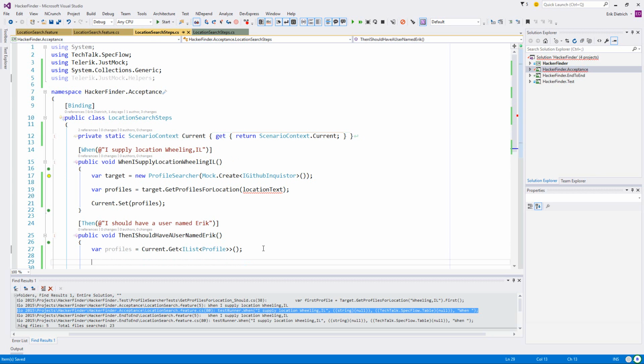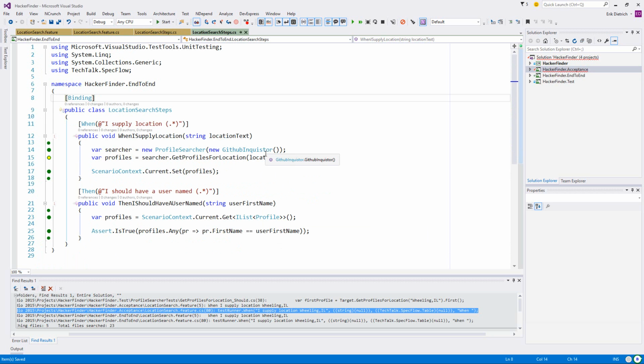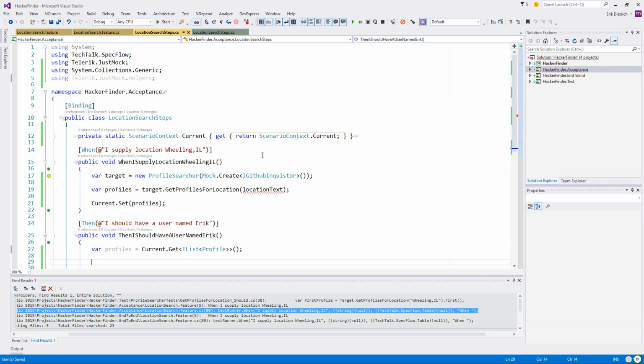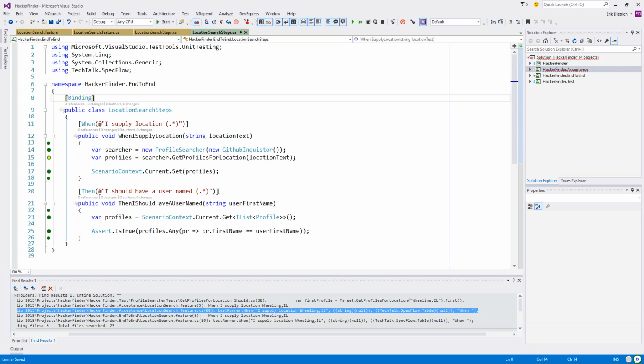Okay, so I'm going to get the profiles, and then I want to assert anything yet. So I am starting to learn. Oh, frick. I think it's like this.